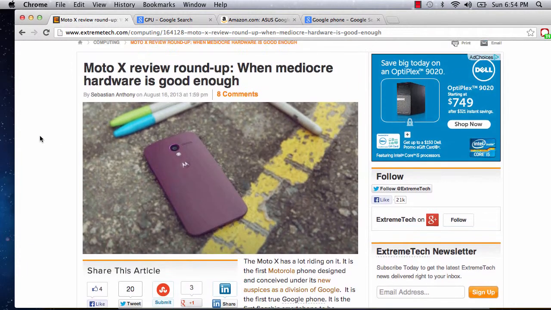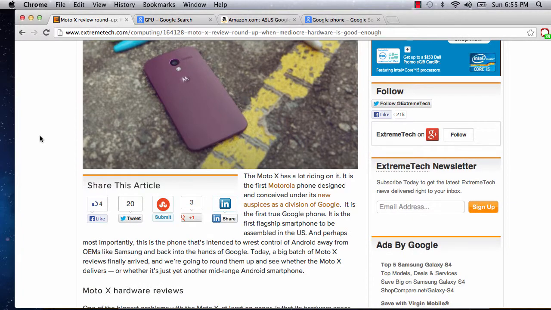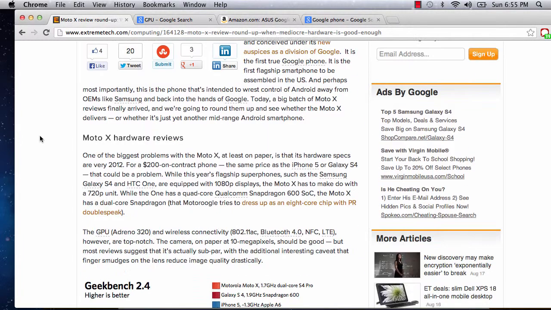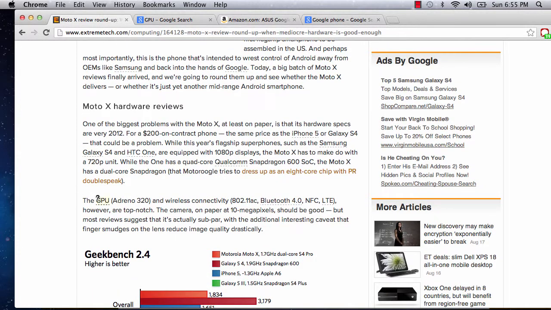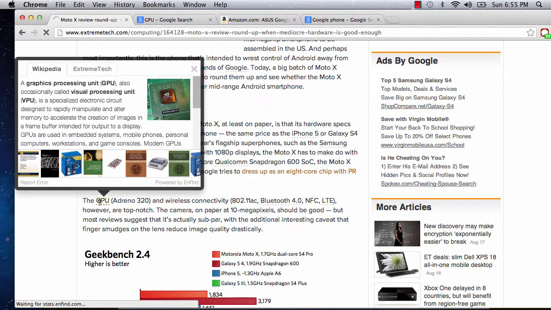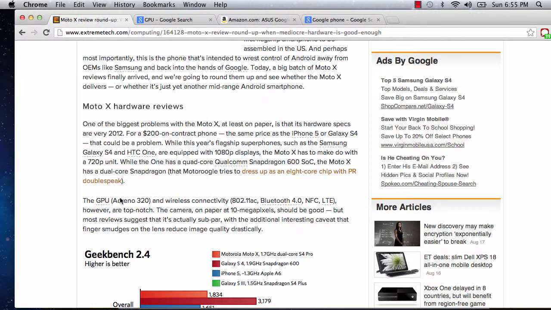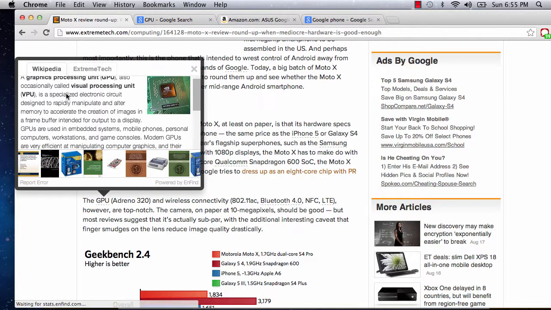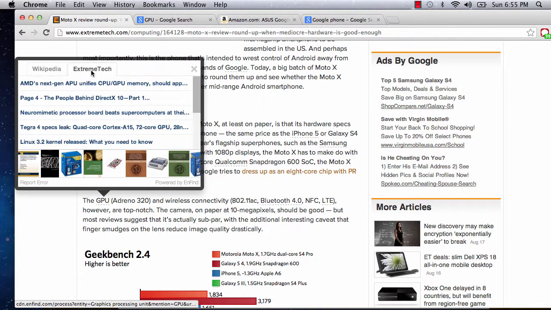So I've just turned on EnFind, which will be there automatically upon being implemented by your sites. And as I scroll through, again, I get to this word, GPU. Instead of leaving to go find out what it is from another site, I can click that in a non-invasive, non-intrusive way. It doesn't change the layout or the format of your site. It doesn't bother your readers. It's not annoying. I can click this, read about what graphics processing units are,